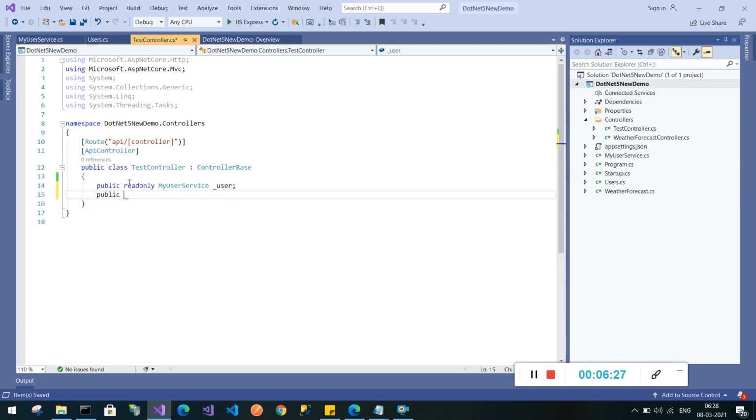Next we'll create a constructor, public test controller, my user service user. Next, underscore user equal to user.